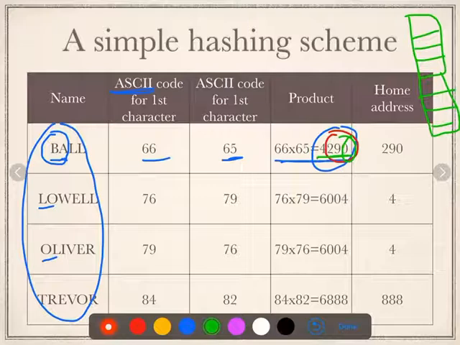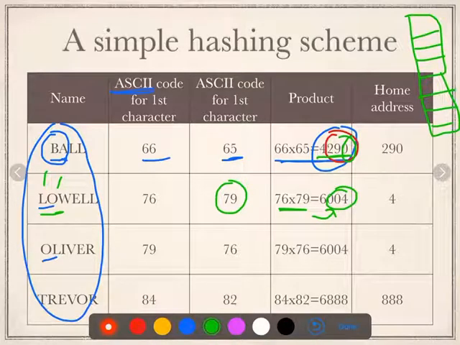So this is how you can choose your hashing scheme. The same way we are choosing for Lowell. 76 is the ASCII code for L, 79 is the ASCII code for O. We are doing the product of both. Out of the product we are taking the last 3 characters, which is 004, and that is taken as the home address. This is a simple hashing scheme which is used in your previous example.